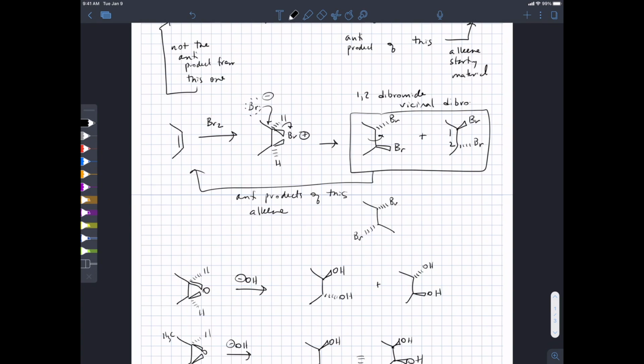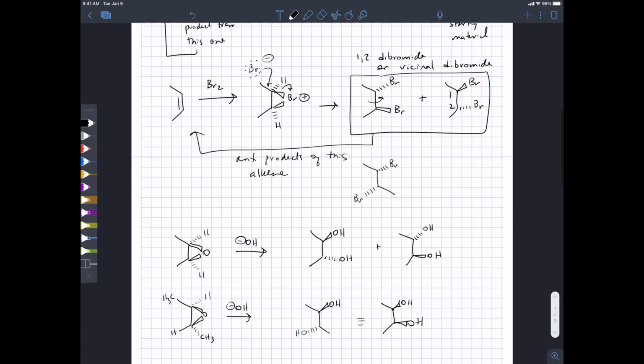Vicinal means neighboring. And if you see bromo groups on two adjacent carbons, your mind should start to make the connection, oh, I could have got that from a bromination reaction of an alkene. Your life will be a lot easier if you work until you get to the point where you can